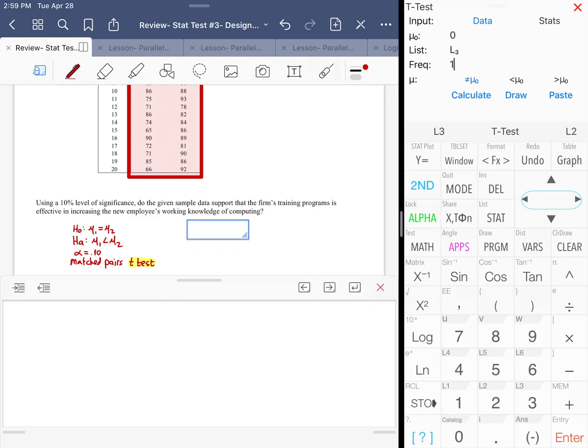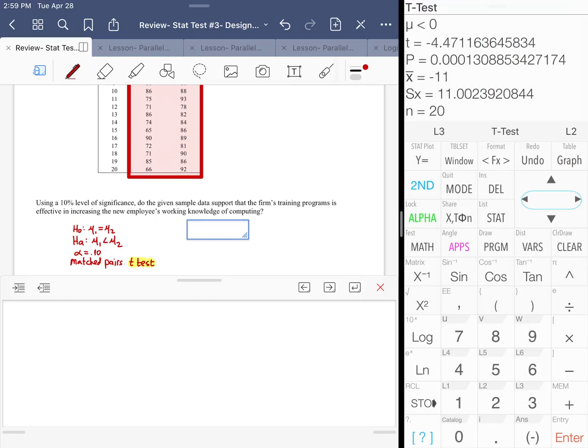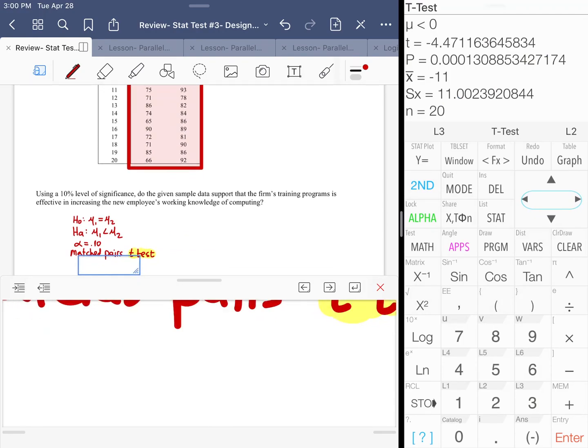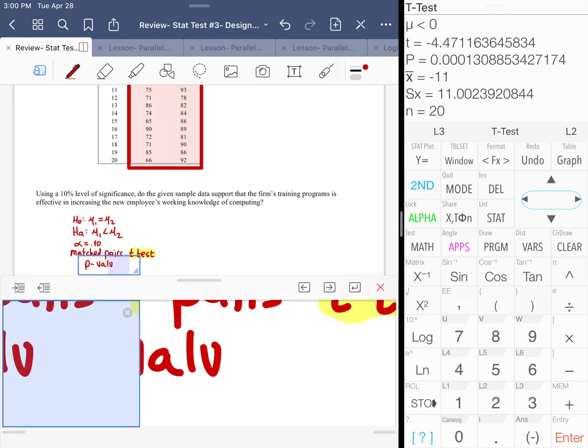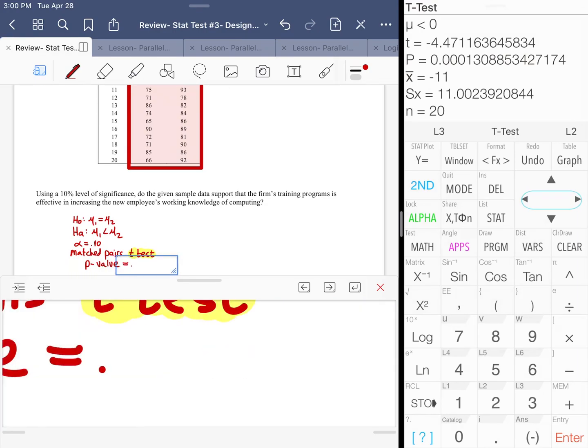The mean difference should be 0. Our information is stored in list 3, not list 1. And I'm looking to show that it's effective in that it's increasing the scores. All right, the context tells me that it should be a less than symbol. All right, calculate, and we get a very, very small p-value